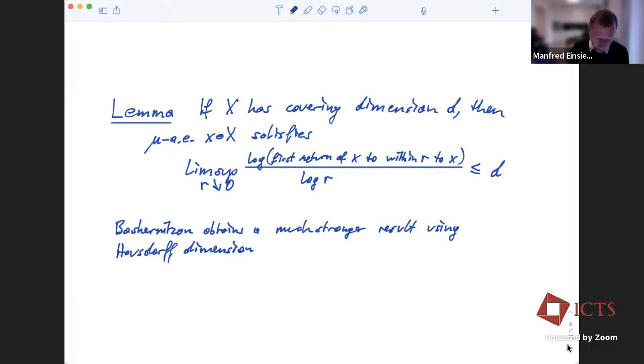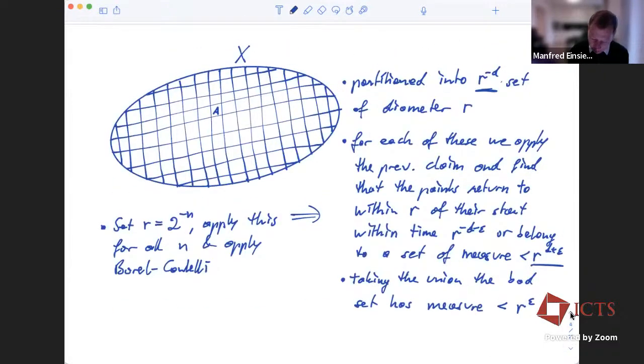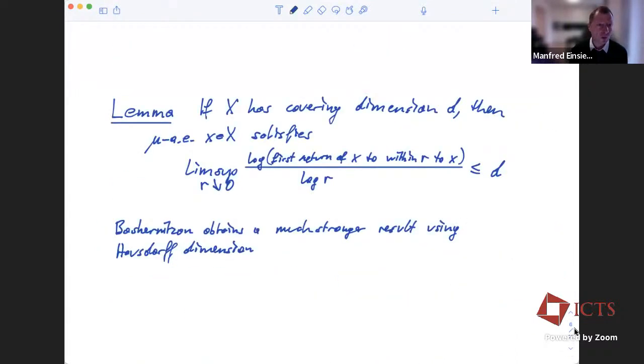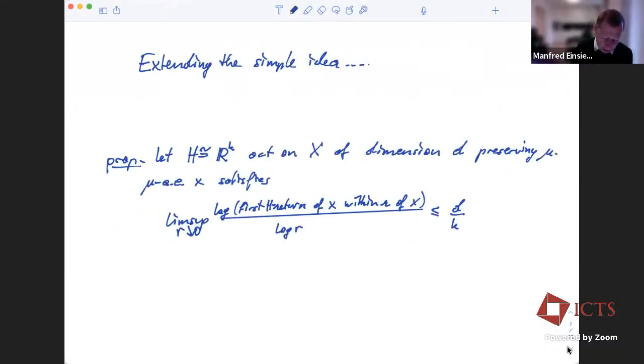Okay. Now I want to beef this up a bit. I want to make this a stronger result in some ways. Most of all, my assumption here that I started with was that I had a single measure preserving transformation. And of course, in our context on homogeneous spaces, one often has a high dimensional group acting. So how about extending this to a group H instead of a single transformation, where H is isomorphic to R to the k, again acts on X of dimension d,